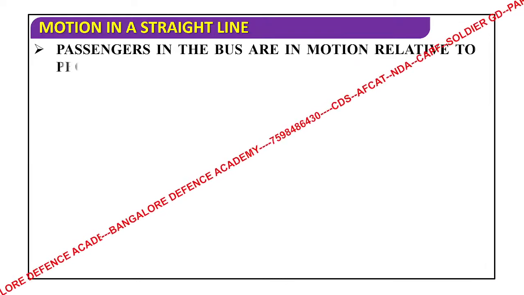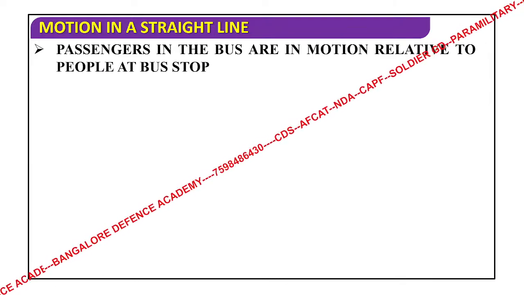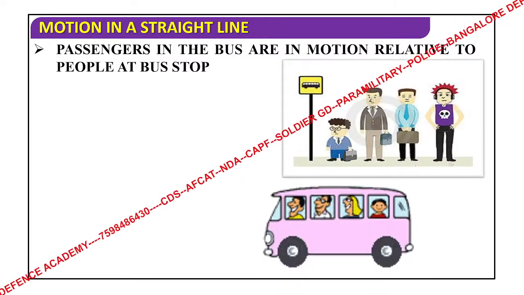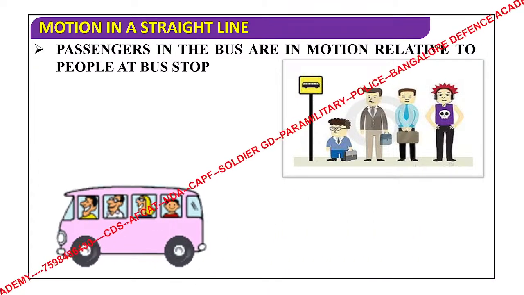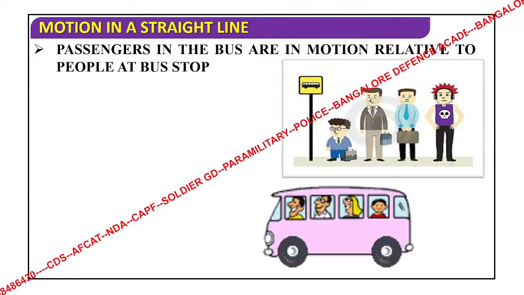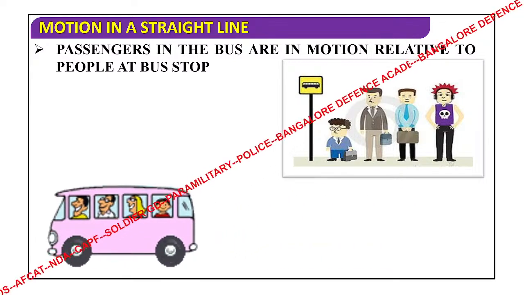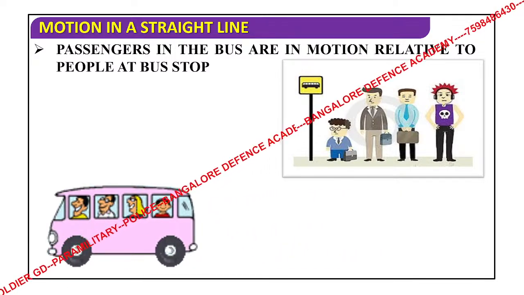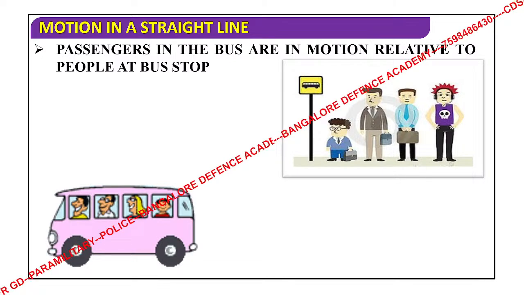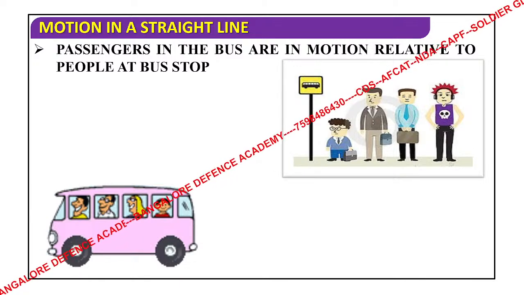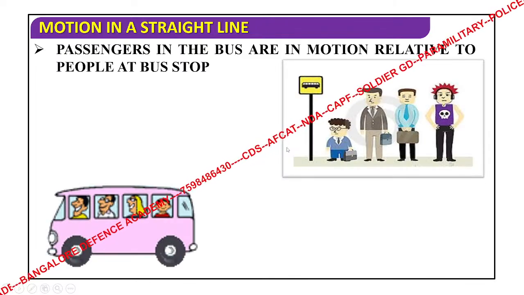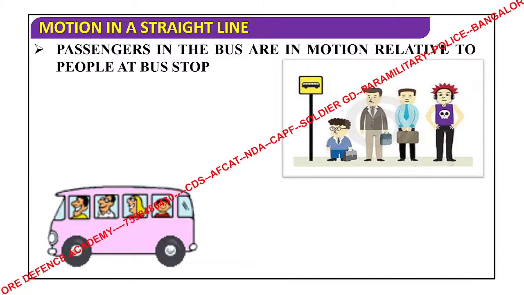Now let us take the other case. Passengers in the bus are in motion relative to people at the bus stop. Now I am comparing, this is the bus stop, and now this is the bus, and now the bus is moving. Suppose now if I ask you a question comparing the people standing in the bus stand and the people who are inside the bus. I'm comparing these two people. So now what is the answer? The passengers, are they at rest or are they moving? So now the answer will be they are moving, they are in